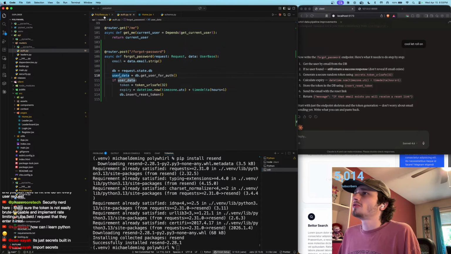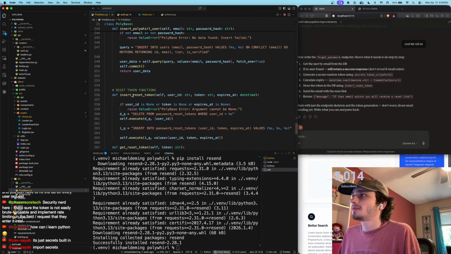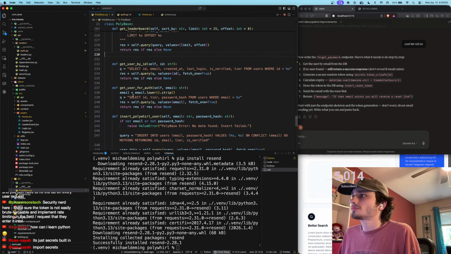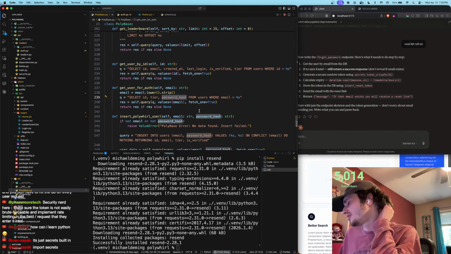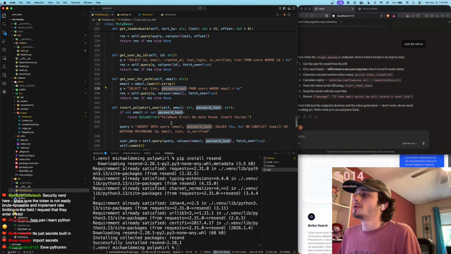Let's make sure user data, what is that passing us? Yeah, ID and, no, we don't really want to. I don't think we want to necessarily pass a password hash here if we don't need to. It's a risk. So let's just